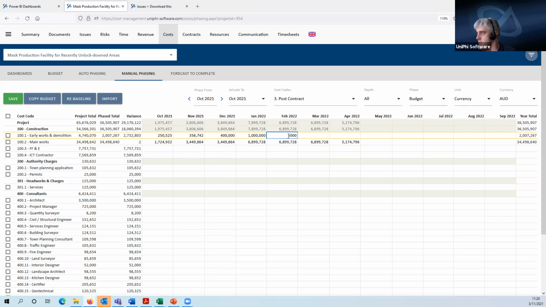And I will put the rest of that in there, and saving as I go, I can see with this variance here when I've got the whole thing phased. So have a play with that, do some manual phasing. And if you have any questions,